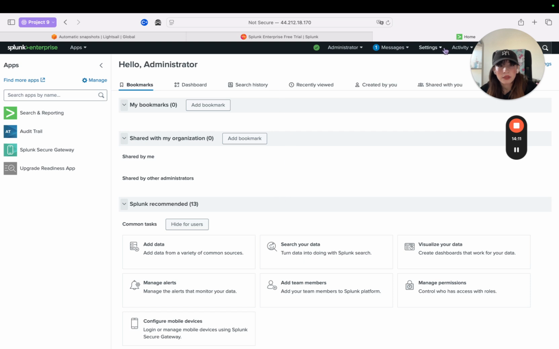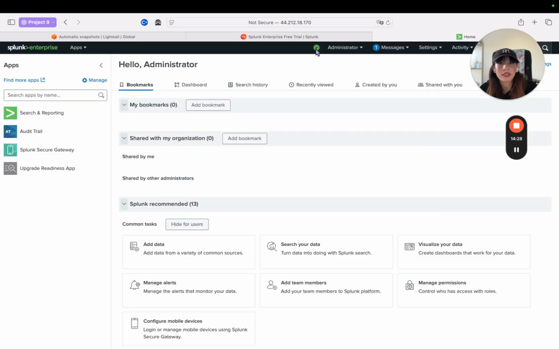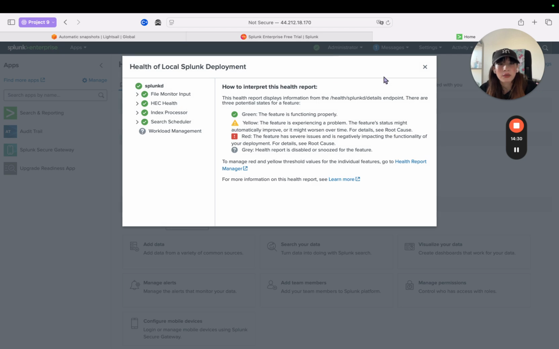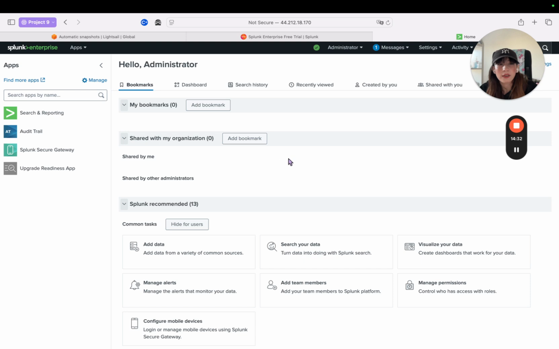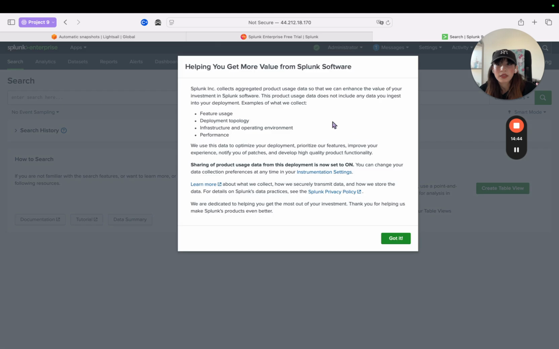So just a few things. This check mark right here, this is your Splunk health report. So if everything's good, you'll have the green mark. If your resources are being overloaded, then you're going to get the yellow or the red. But if you just wait it out, your instance will be healthy. So one thing to remember, if you're going to use the search and reporting app, which is where you can run the SPL queries,